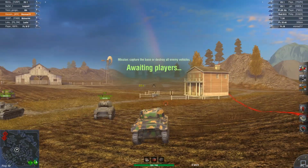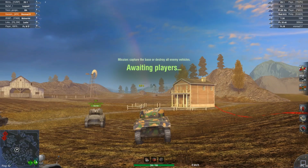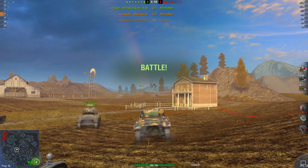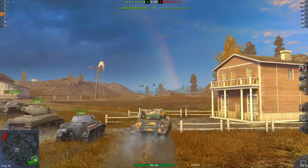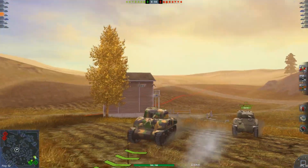So, this time we're on port bay, and I have the 6-pounder fitted, and it's a bit strange with the tier 5 6-pounders, because there are 2 versions of them. One has about 100mm pen, and the other has 130. This one has the high pen version. It's far more accurate than the 75mm gun I just showed you. It has much more